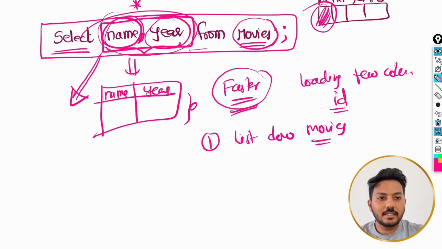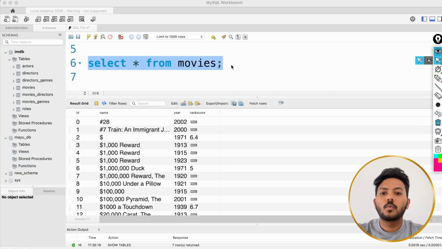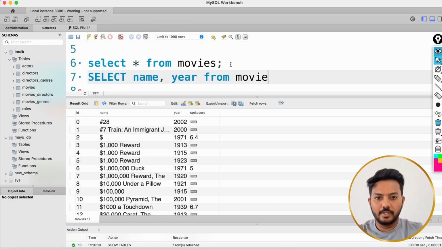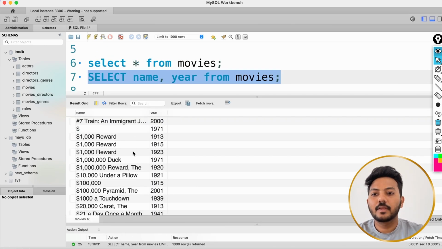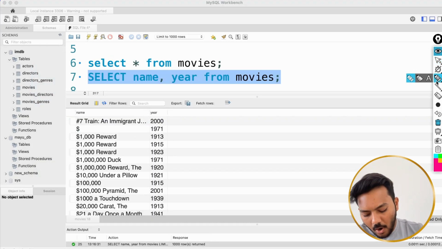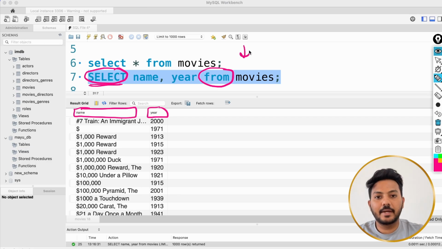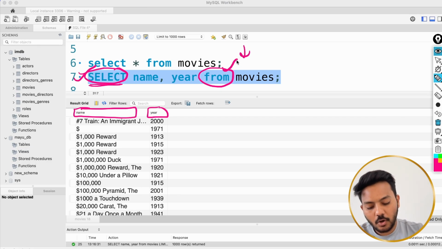Now let's understand this by applying it on the SQL. So what I would do is I would say select name comma year from movies. Now let me execute this, and if you see, now I got the output for only the name and the year data. And if you see here I am using an uppercase statement, and here I am using a lowercase statement. So this is one of the good things about SQL. Even if you have uppercase or lowercase, the statement is going to work perfectly fine